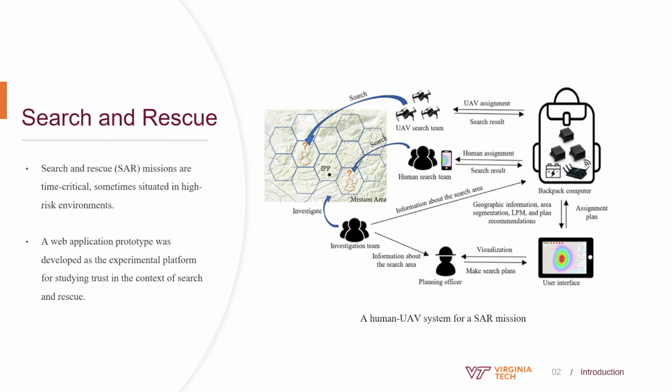The objective of this study is to redefine the SAR process in wilderness by incorporating a collaborative effort between human and UAVs. The human search team is responsible for gathering initial information, which is then analyzed by the planning officer to devise search strategies for both the human and UAV teams, taking into account factors such as terrain, search area, and lost person behavior. Throughout the search, ongoing feedback is transmitted back to the planning officer, who can make any necessary adjustments to the plan and mission.